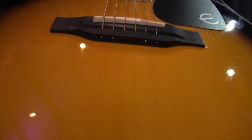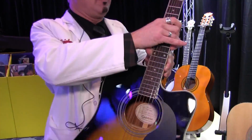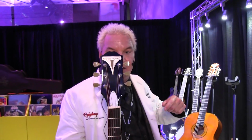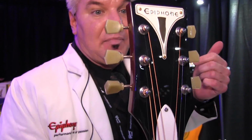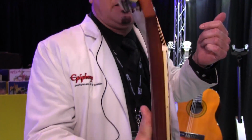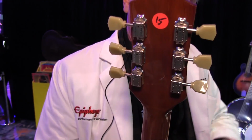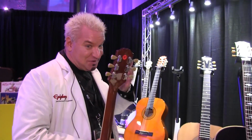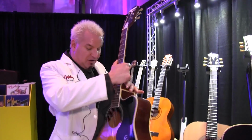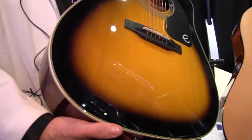The inside seal, we give you a little humidifier with it. It's got a dual-action truss rod when you want to put heavier strings on it later. Pro Ease fingerboard coating, lovely badge inlay, headstock logo rather, which I think looks really nice. On the back, she's super stable for any guitar you'd start out with because this thing will actually stay in tune. It's got our 18-to-1 vintage deluxe tuners, just like what are on the Masterbilt Centuries, but with a different tuner cover. Also, you'll get other features such as free online lessons,